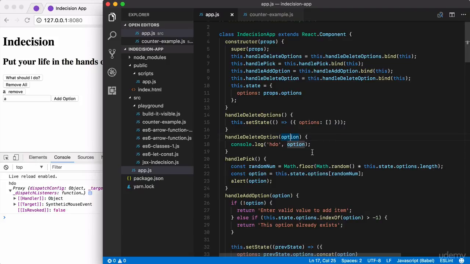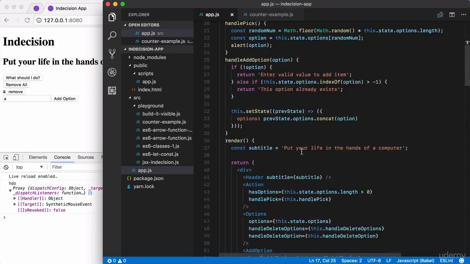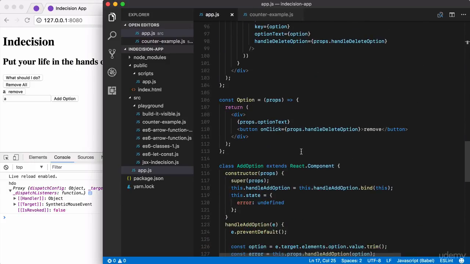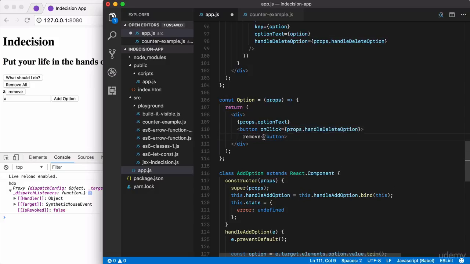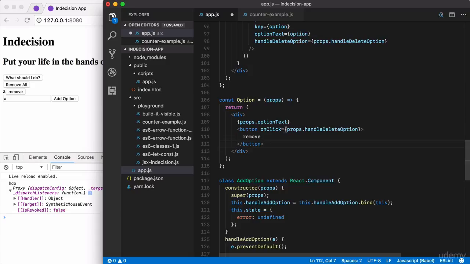So how are we going to do that? There are a few different ways we can get that done. The first way would be to change how option works. So down below, instead of passing in props.handle delete option, we're going to define an inline arrow function. Let's go ahead and play around with that. I'm going to break things out onto their own line. Then right here,